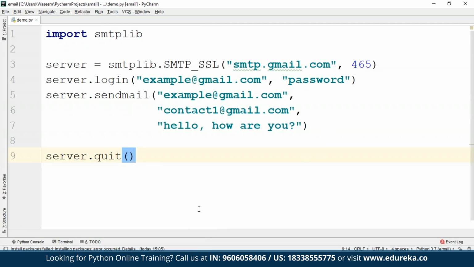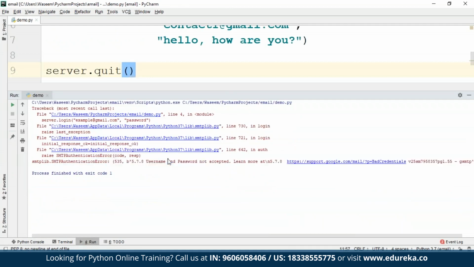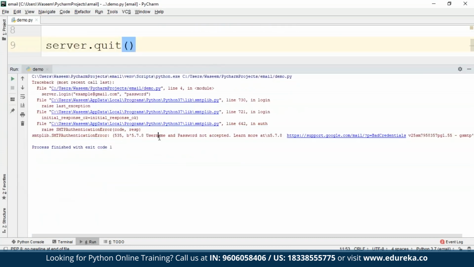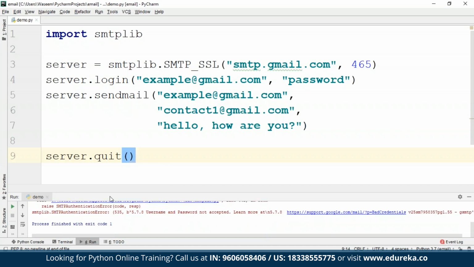And when I run this, I will basically encounter a small error, because I'll show you guys what exactly the error is. So the error is SMTP authentication error, username and password not accepted. So what will happen is, if you're using Gmail, guys, you'll have to disable the safety measure, which is basically nothing but you have to allow the less secure apps. You can just copy this error, guys, Google it, and you will find, or when you're trying to log into your Gmail account, it will show you a security message, and after that you can just follow up and disable that, or allow the less secure apps to log into your Gmail account as well. And after you have done that, you can simply log in and send that message.